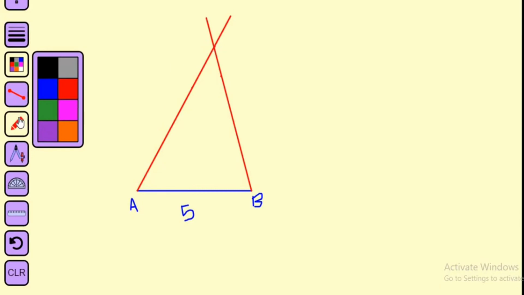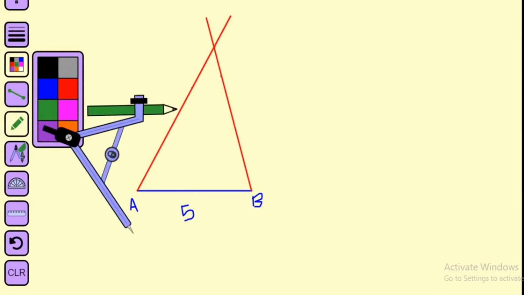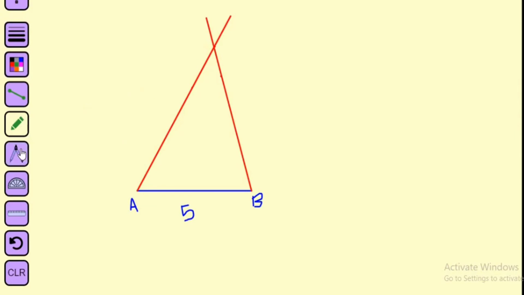So this is the construction. You have completed the construction. We have to mark the point C and also we have to mark the angles. What are the angles? Angle A is equal to 60 degree and angle B is equal to 75 degree and also we have already written the measurement of AB which is equal to 5 cm. So we have completed using the protractor and scale how to construct the triangle. You can try with compasses also. Thank you dear children.